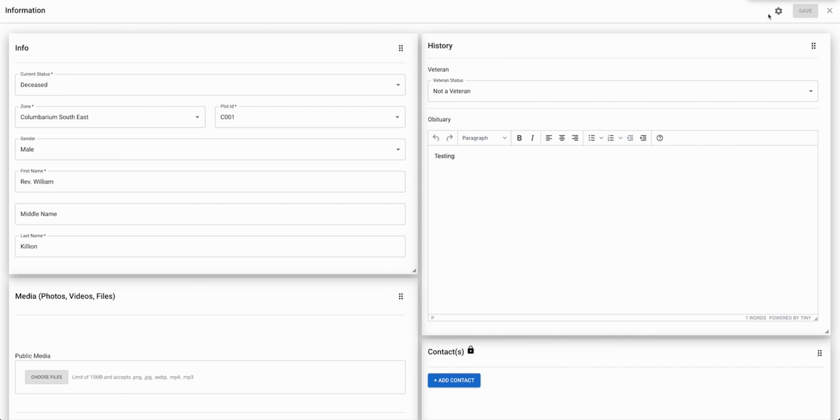And if you don't want to make any changes, of course, you can just click the X icon right here. And that